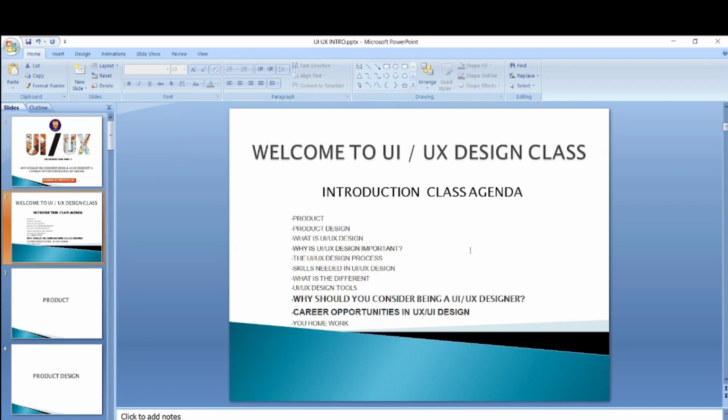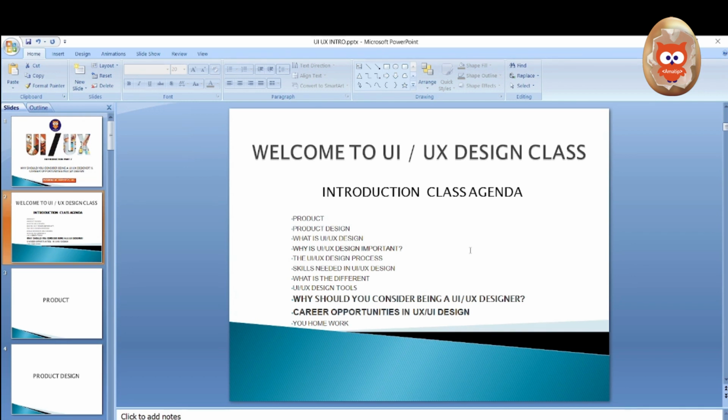In our previous part of this introduction section, we discussed product design, what is UIUX design, why UIUX design is important, the UIUX design process, and skills needed in UIUX design.